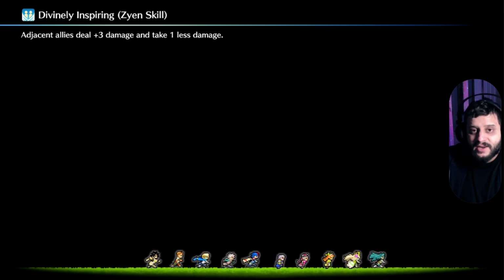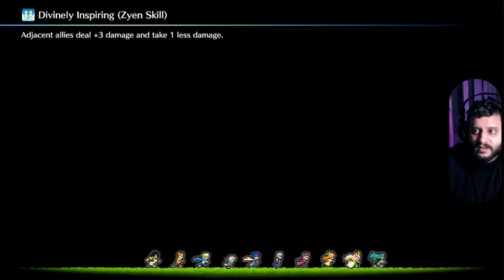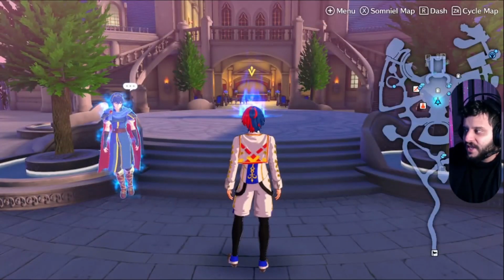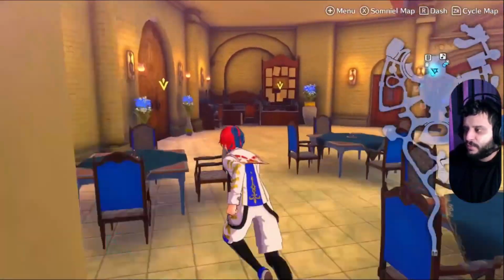We again begin the chapter. We skip again because the cutscene will go again, like you never started the chapter. So you do the same over and over again. You come back here in Somniel and you have different pools. Remember,